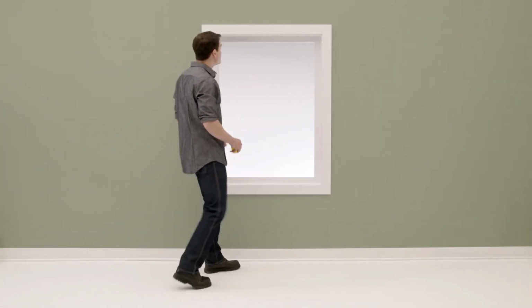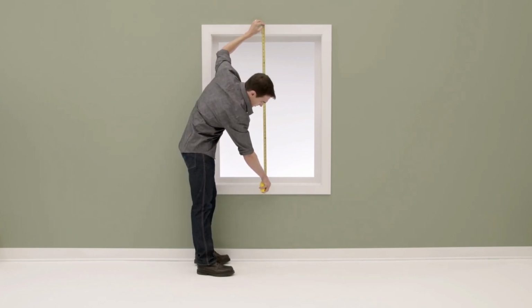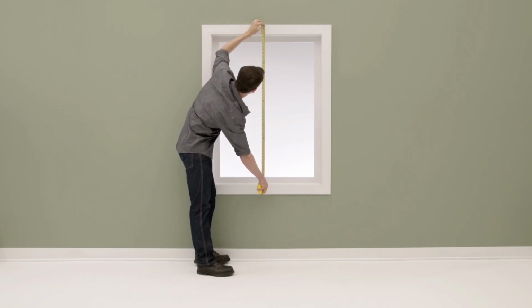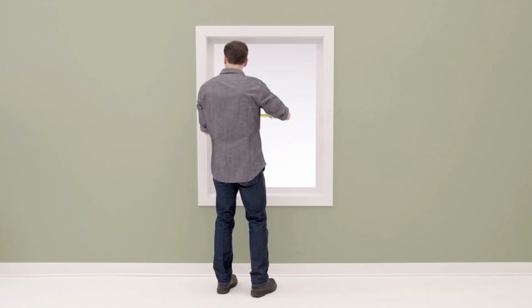If you're going to mount your shade on the window frame, simply measure the frame vertically from the top trim to where you want the bottom of the shade to hang. Then measure horizontally at the middle of the frame from trim to trim. Round these measurements up to the nearest 1/8 of an inch and write them down as your order width and